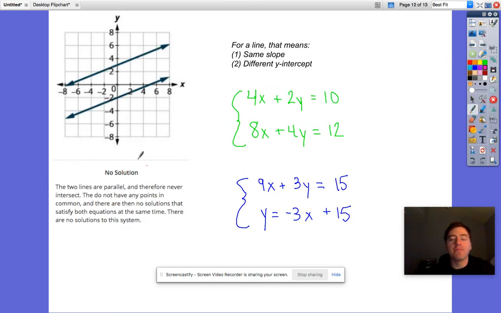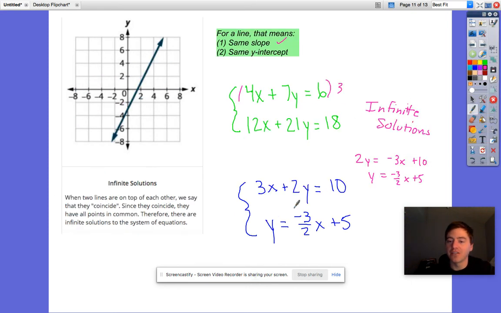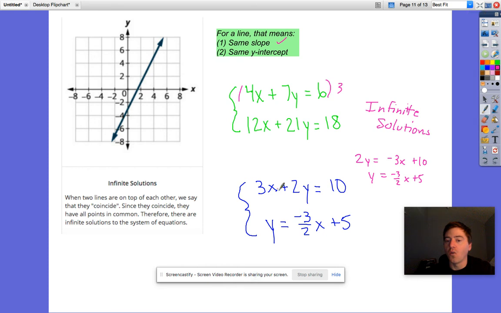What about no solution? Now, these need to have the same slope and a different y-intercept. Of course, they need to have the same slope because they need to be parallel. Otherwise, they're going to cross. If they are not parallel, they will cross eventually. So they need to have the same slope and a different y-intercept. So examples like this. Again, it's using that same idea that we just looked at about a y